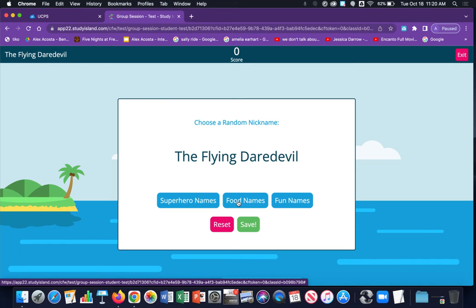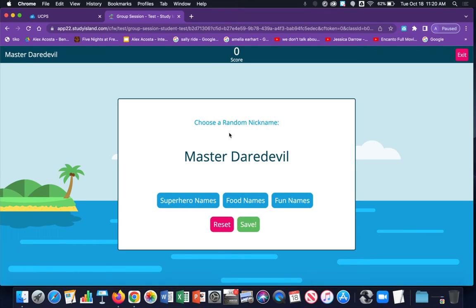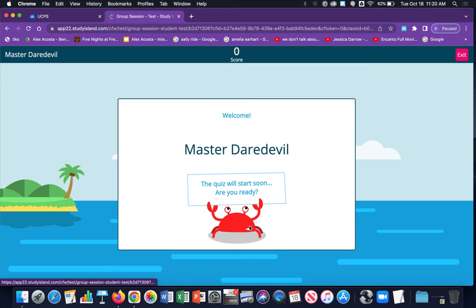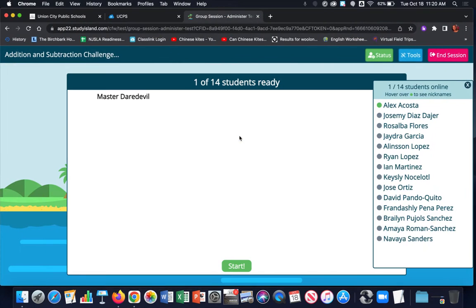Clicking within any one of these nickname topics or choices will change, so they can select whatever. Once they've decided, and give them obviously a time limit on this, once they've decided on their nickname, they click on save. And now popping back over to the teacher perspective, you'll see my first student has the green circle